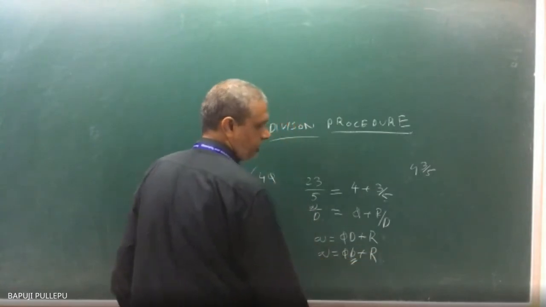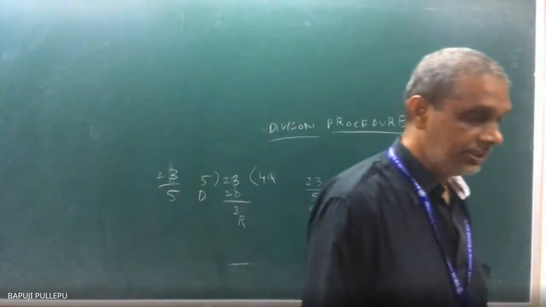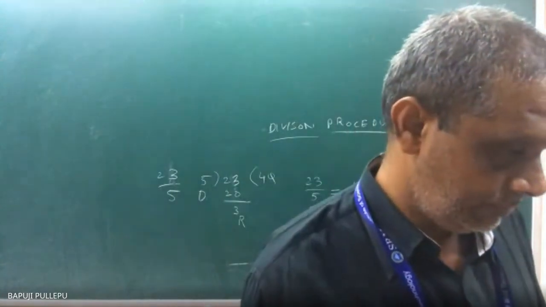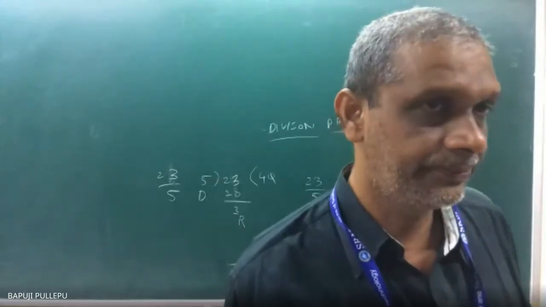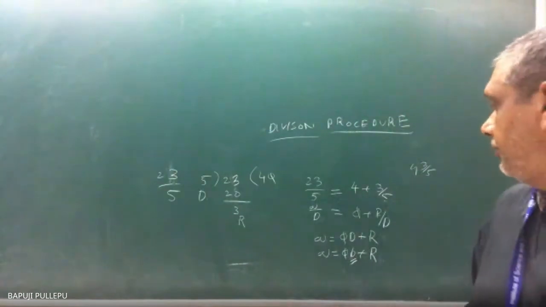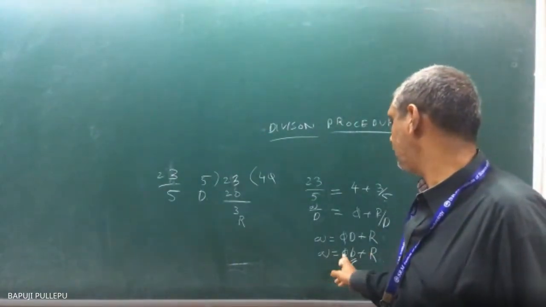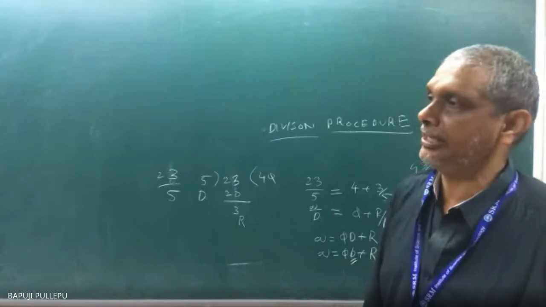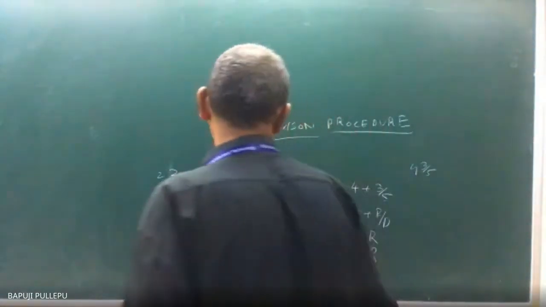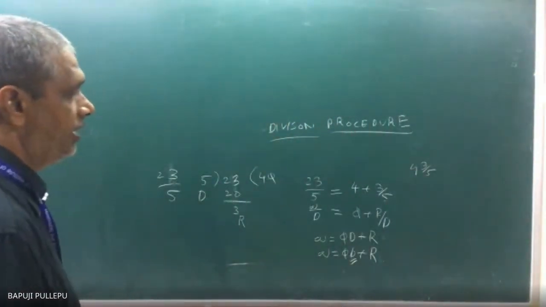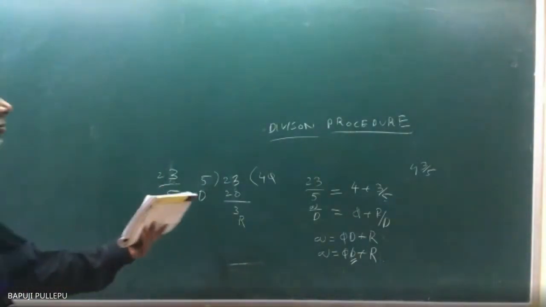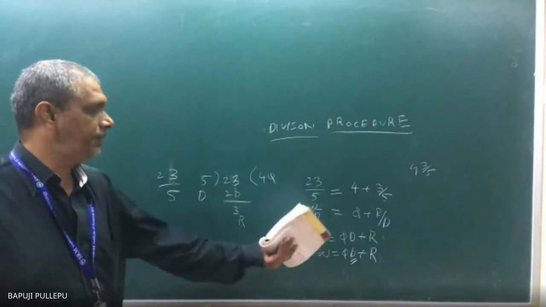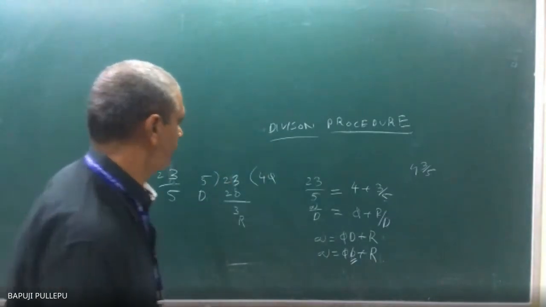b is the divisor. What is q? Quotient. What is r? Remainder. Correct or not? So if you take a by b, the quotient is this and the remainder is this. Any number I can write as the quotient times b plus the remainder, the balance term, the product, the multiples of that number. How can you write 23?